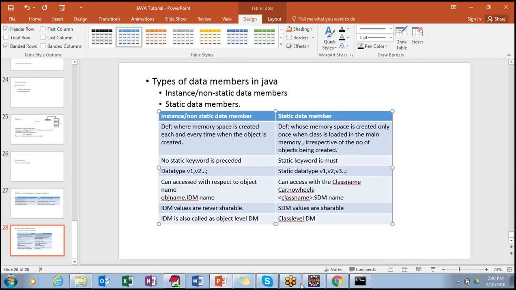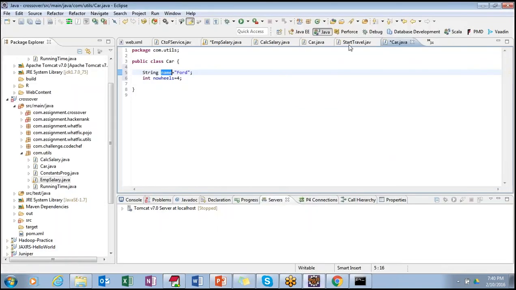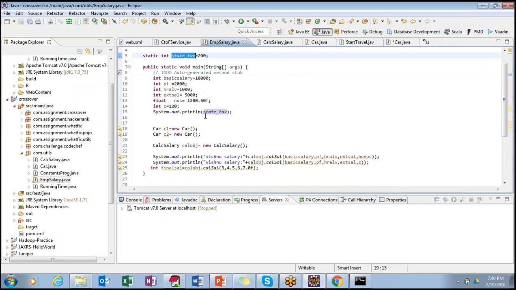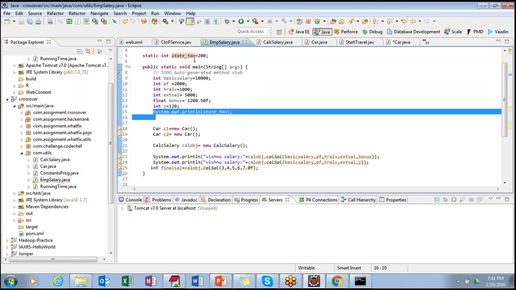Let me show you in an example. I already showed you, but let me make it clear. In the earlier example we had int state tax equal to 200, and I made it static. Because I made it static, I never passed it into any method. If I call it directly, I get the value 200.